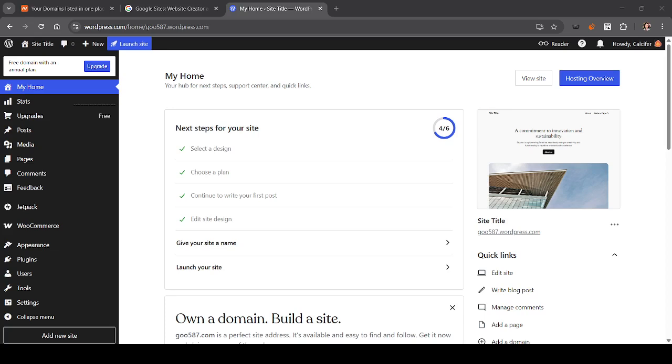In this video, I'll show you how to connect your Namecheap domain to WordPress in 2025. So whether you're using WordPress.com or self-hosted WordPress via a hosting provider, this guide will walk you through both options. So for option one, if you're using WordPress.com, log in with your credentials in the